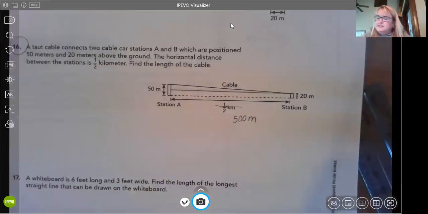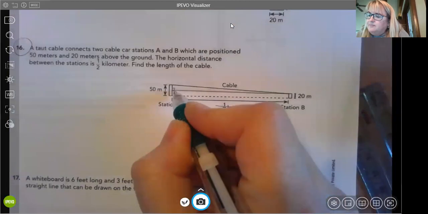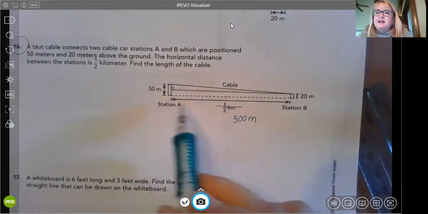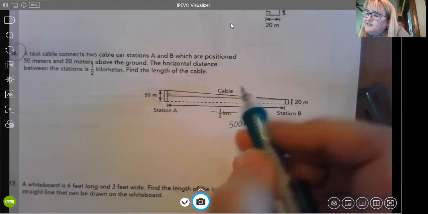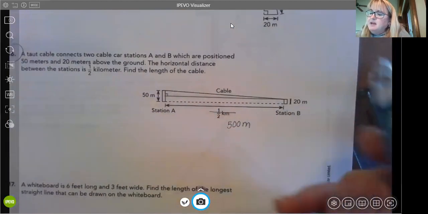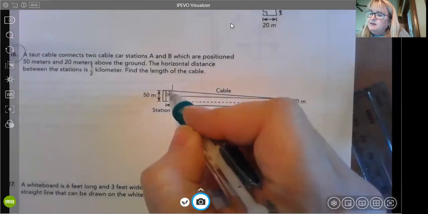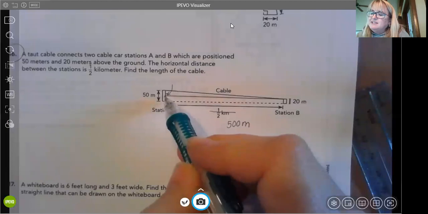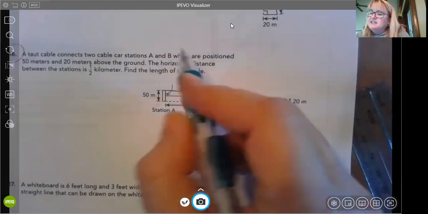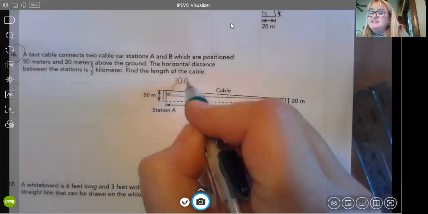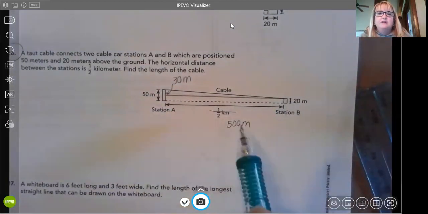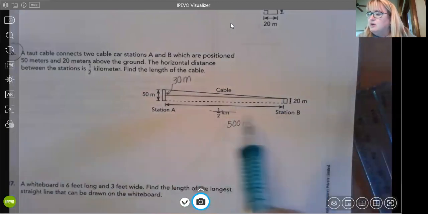Okay. All right, so this is our right triangle. This length is the same as on the ground, so this is 500 meters. Now this length right here is not perfect, but this is 20 meters up. So I raised this 20 meters, so that means this would be 30 meters. This is definitely not drawn to scale, and I definitely did not draw a very well drawn straight line, but